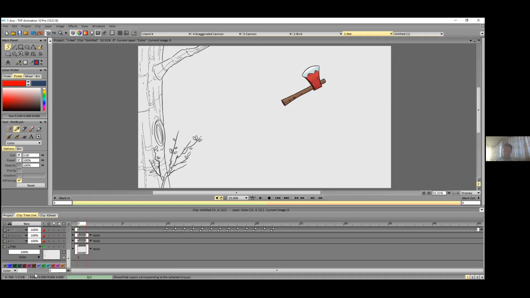Peki balta ağaca saplandığında baltanın biraz sallanması, hani genelde balta sallanır ya, orada da bir yavaşlama yapacak mıyız ya da bunu da gösterecek miyiz? She's asking when the axe hits the tree, does it shake? And if it will shake, how do we show it? Do we ease it out or how do we do it? Okay, very good question.